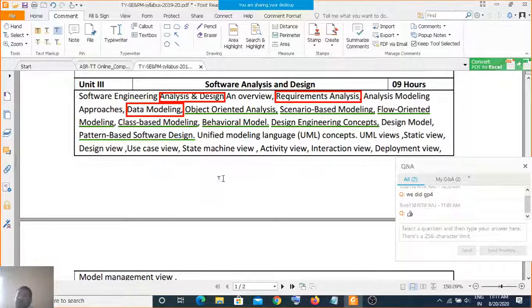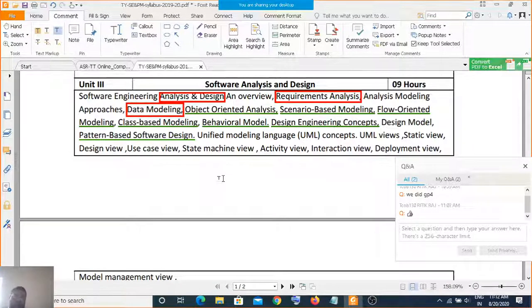Then we have seen in unit number 3 the unified modeling language concepts. For that purpose, what I have given to you is the Modelio software, which uses the BPMN, business process modeling notations actually, and we use that Modelio. I also have shown you another software that you can use for these unified modeling language concepts, that is Visual Paradigm for the UML. Though one is commercial and community edition, that is Visual Paradigm, while Modelio is free open source.